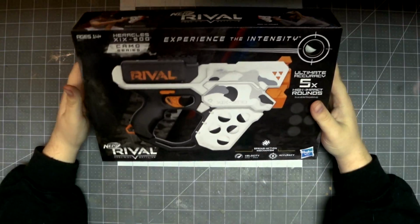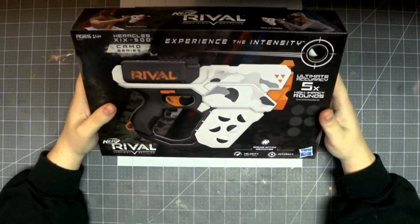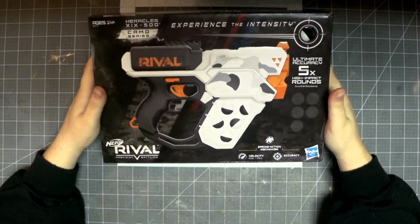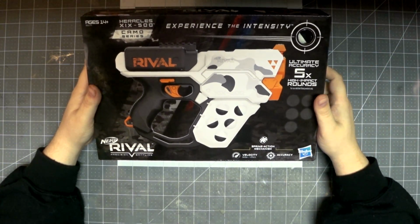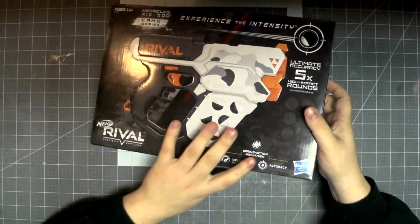this thing because I sure as heck didn't. I don't think I've ever held one. I've never seen one in a store. I've never seen an online listing for one, and that's weird because it looks like the kind of thing I would be really into, except for the fact that it shoots RIVAL, and historically I'm not really a big fan of RIVAL, but here we are with the NERF RIVAL Heracles, part of the Camo series, which I honestly don't